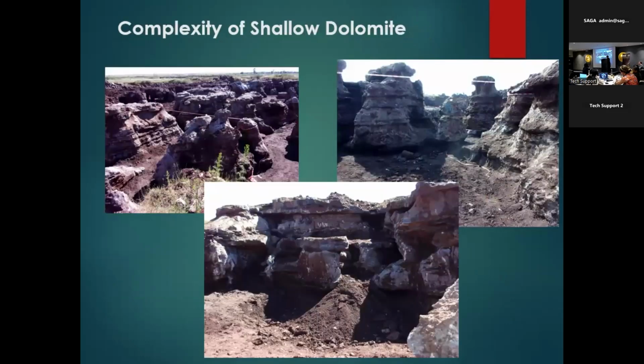Okay, just a view from that. As you can see on the left-hand side, dolomite is very complex, and actually understanding dolomite is by looking at these pictures. On the left-hand side, you can see all the narrow slots and grikes. Here you can also get floaters in the dolomite. That's loose rock. It can be up to 4 to 5 meters sometimes, so you can't place a structure on that. It needs to be removed. Some voids in here. This is interlaid dolomite and chert with some voids just below the chert slabs.